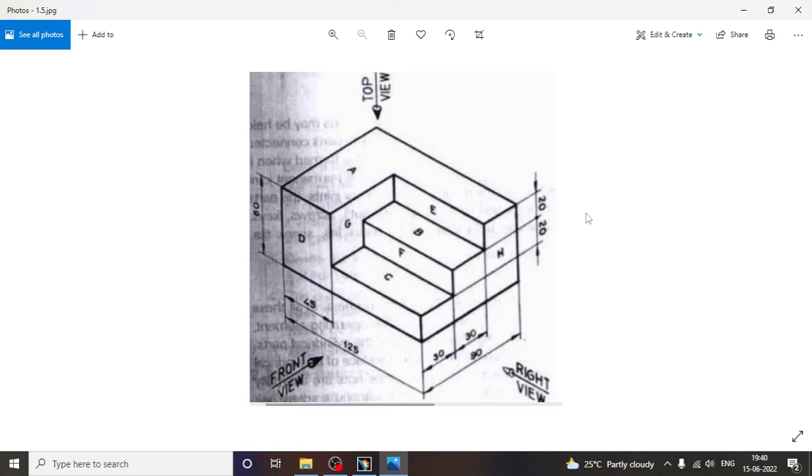Okay, this is model number 5 again. In this model number 5 also, the three views are given: one is top view, front view and right side view. Again, as I told you, the procedure followed in making this model depends on